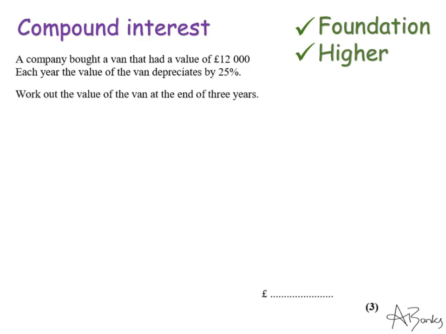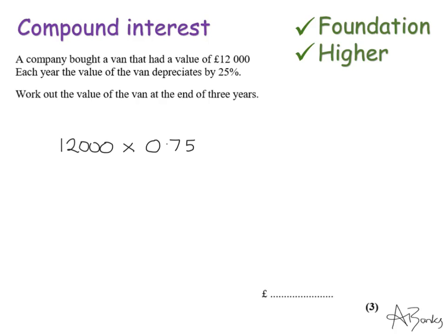Now that we know how to use our formula, let's look at another question and see if we can do this much quicker. So this says a company bought a van that had a value of £12,000. Each year the value of the van depreciates by 25%. Work out the value of the van at the end of 3 years. So let's use that formula. So my starting amount is 12,000, and then I need to multiply that by my multiplier. In this case, the van depreciates by 25%, so my multiplier is going to be